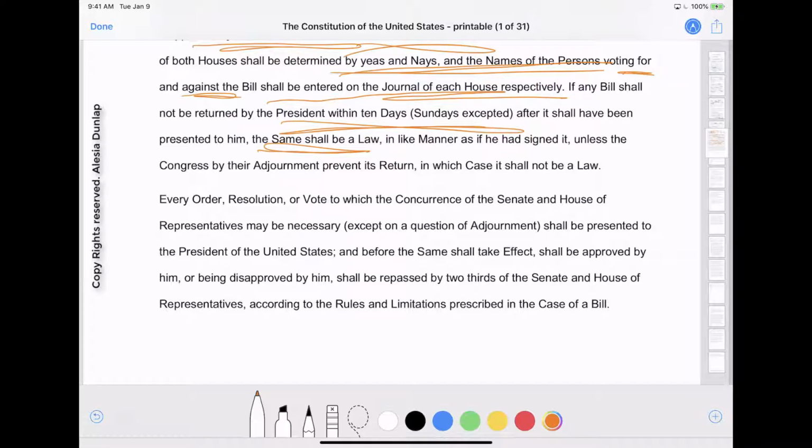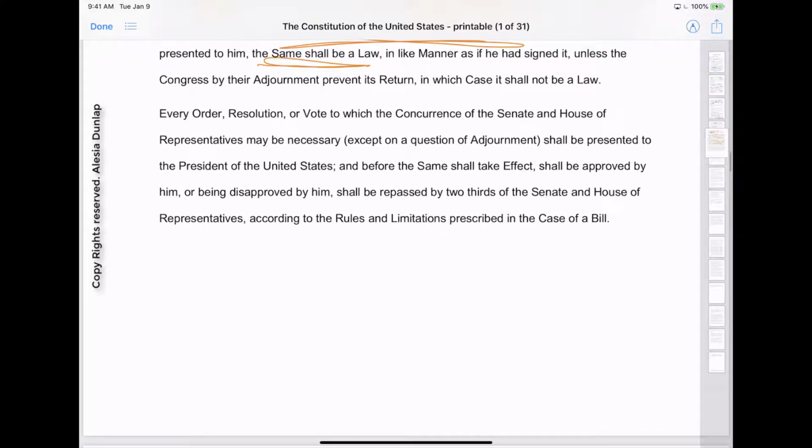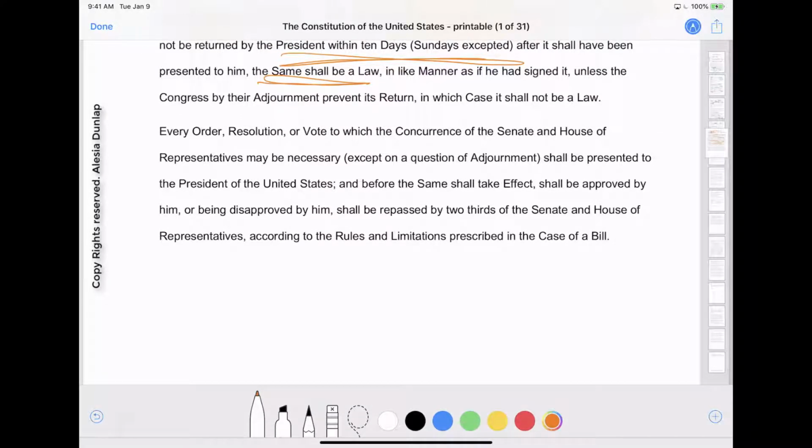So if the president doesn't sign the proposed bill from Congress within 10 days, then the bill becomes law. However, if Congress is on break, then the bill doesn't become a law. So there are these kinds of exceptions to the rule. Sometimes you have to hope that the Senate, or Congress, isn't on a break, which hardly happens, because if they want a bill to pass, they probably won't go on break because of this rule.